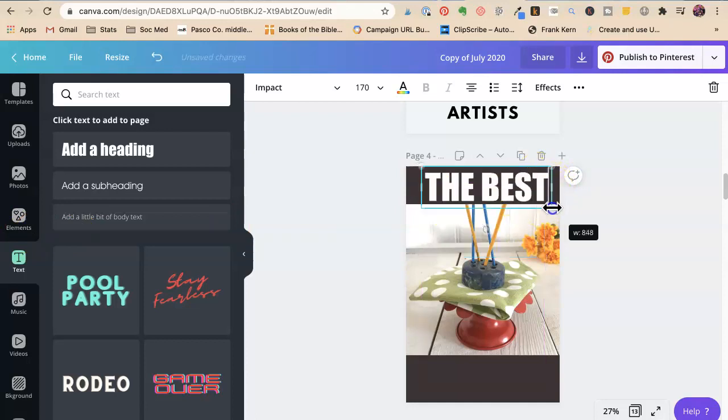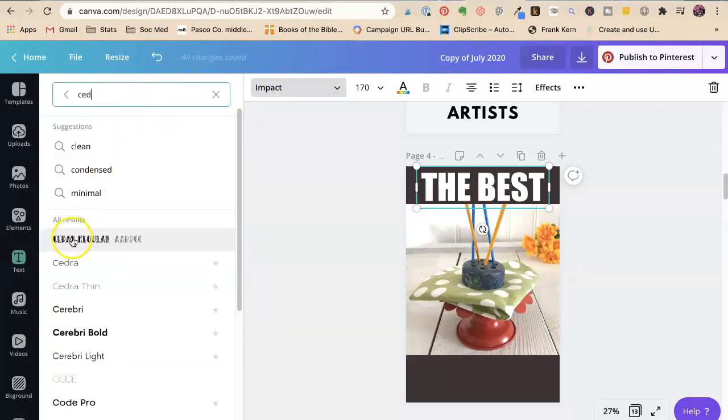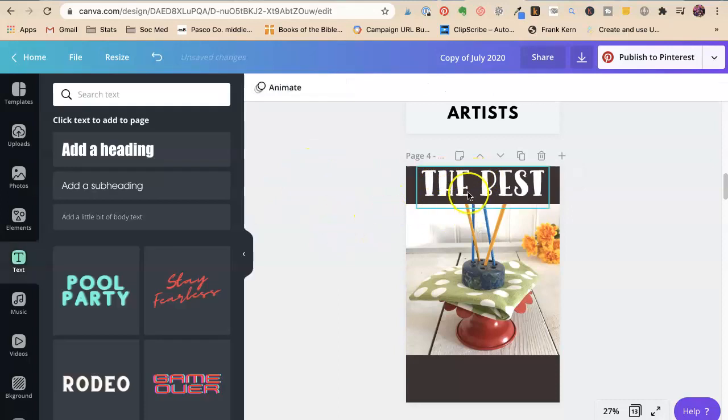Because, you know. Okay, so I like cedar for this. Text, cedar. I have a link to this set of fonts that has fun things. I'll make sure to put that in the description too. The best